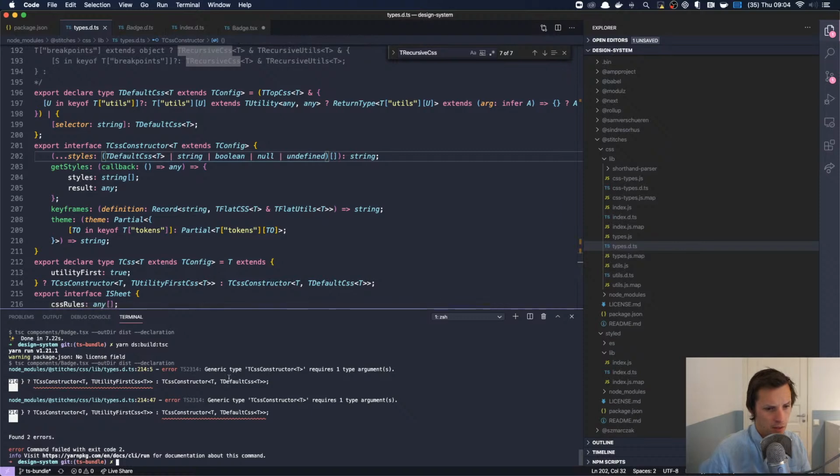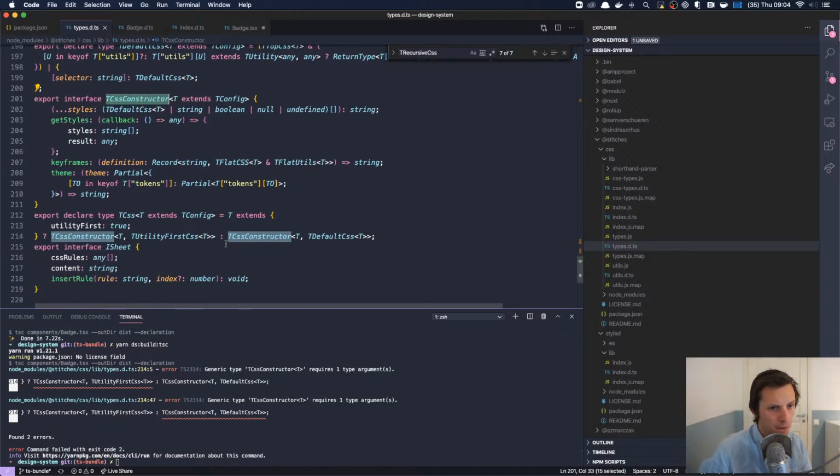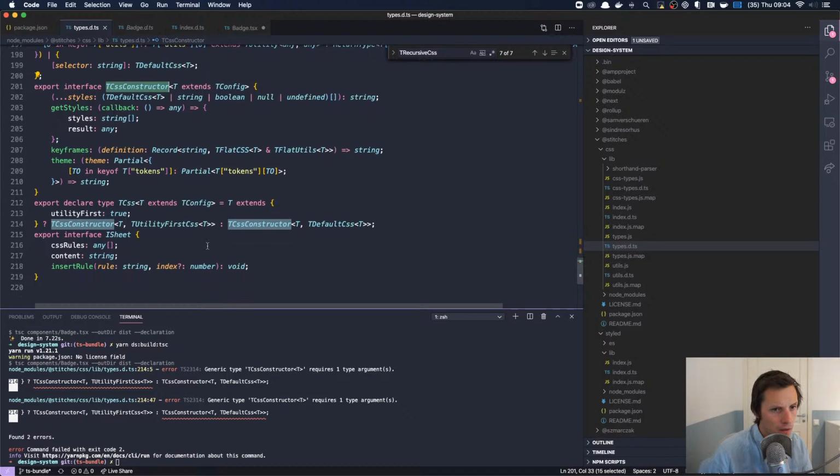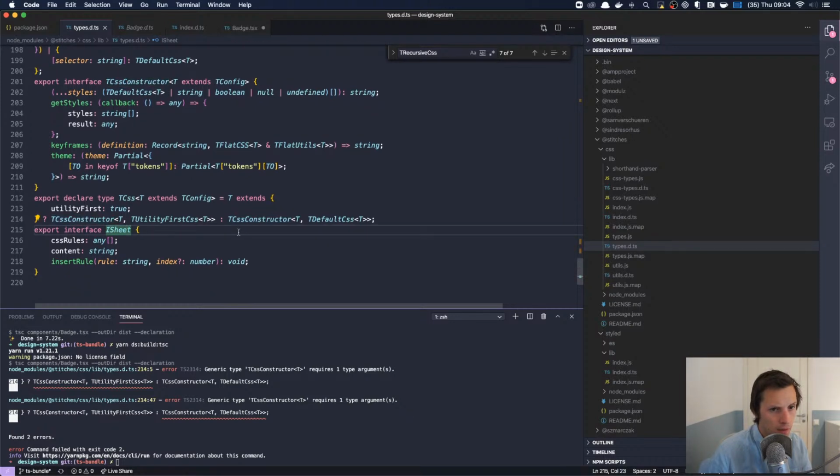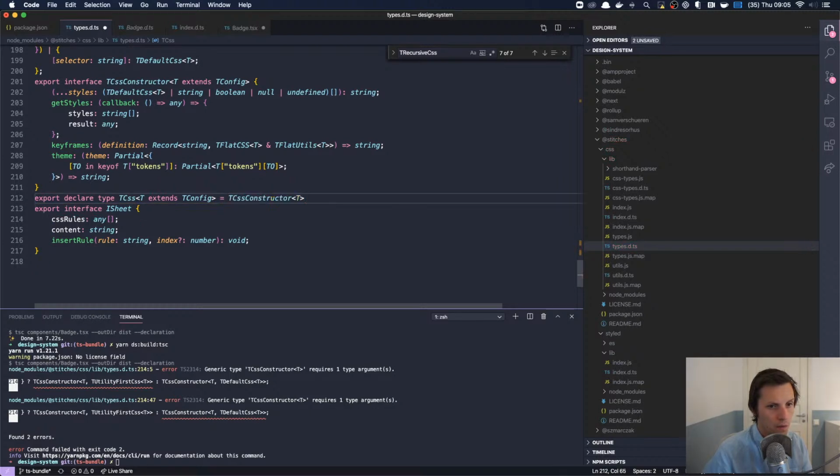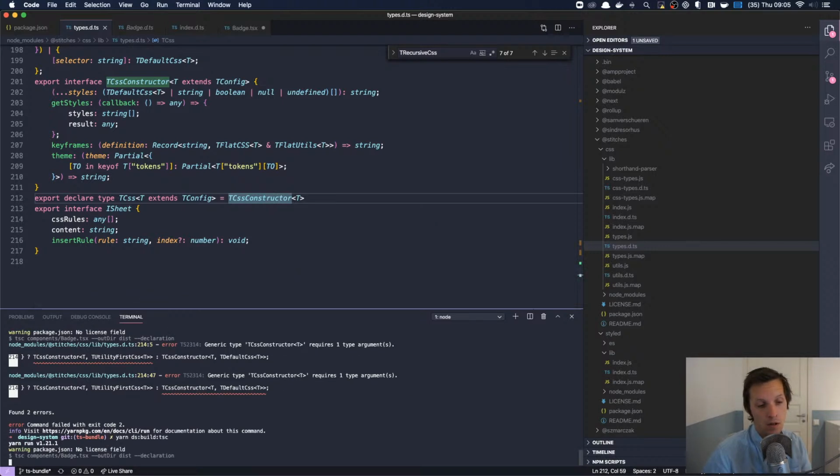Why are you complaining? Oh yeah. T extends. Oh yeah. Maybe it all starts here actually. So maybe when you do this extends thing, TypeScript is just not able to build on that type. It needs to dive into it, so it needs to split it up. Every time it meets an extend, it needs to open up the whole typing. That might be it. I haven't thought about it like that.